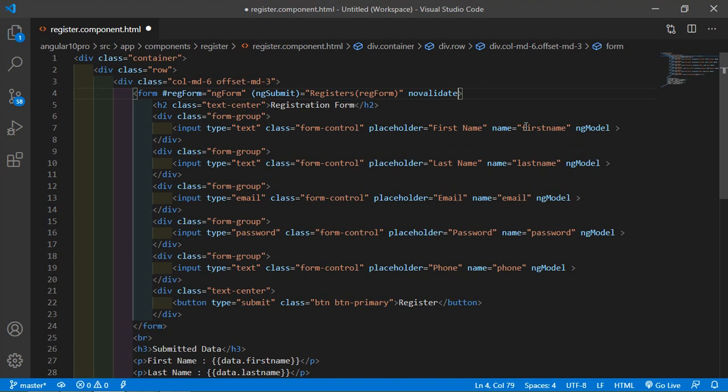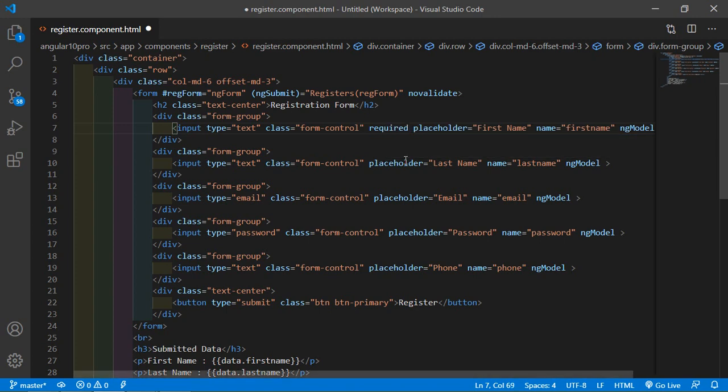This input text is a required field, so just write required, and also add the pattern here. Inside this pattern just write caret sign, big bracket, small a to z, and capital A to Z. Okay, and here add the plus sign and dollar sign.